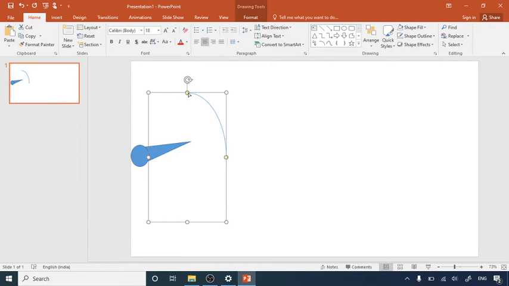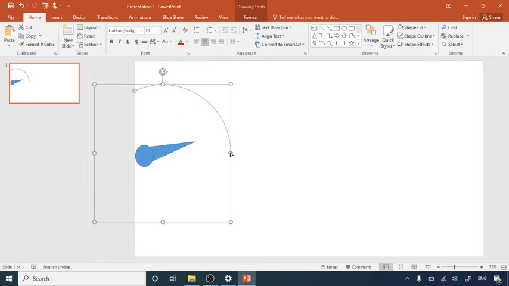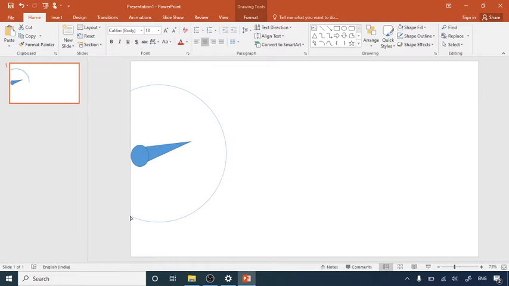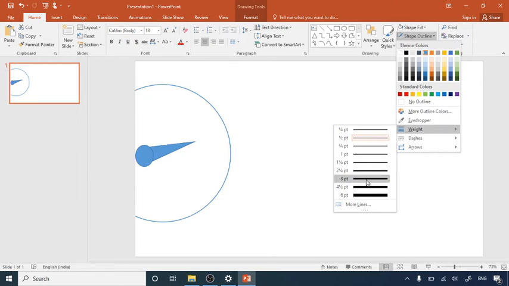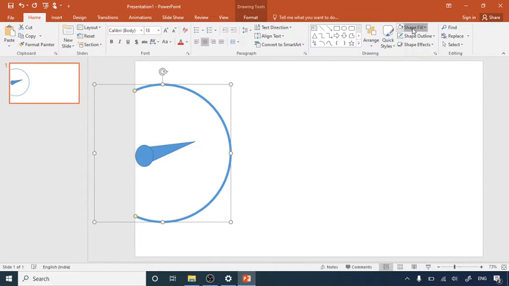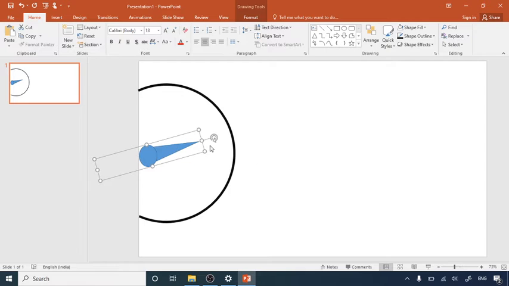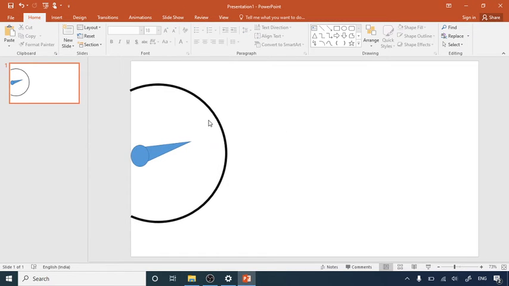It will provide a shell for each and every bulleted point. By using this yellow dot, you can simply increase the arc. Again, using this yellow dot, I am going to cover this hole in a semicircle way. So select this arc, go to shape outline and change the weight to a broader one like this. It will look proper. Also, you can choose a color like this. Now we are done with drawing a needle and drawing an arc.